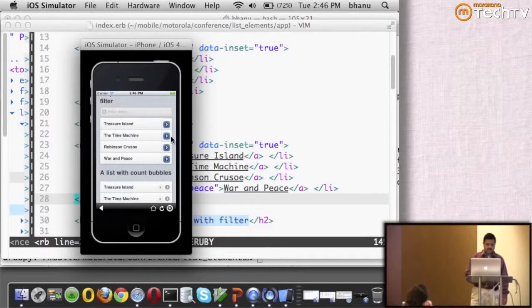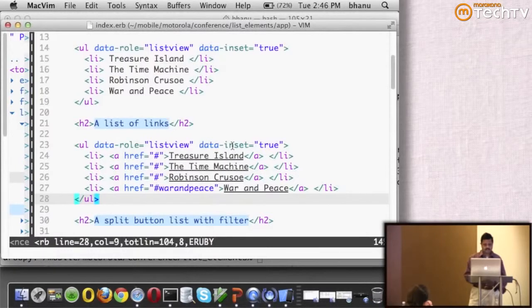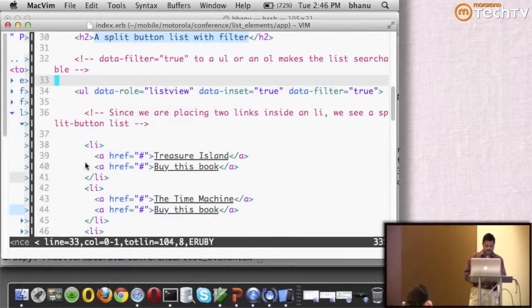And then if I have a list, but at the same time I want to do a different action. For example, if I click on the name of the book, I want to see the details of it, but if I click on this blue icon, I want to buy that book. All you have to do is give two links within a list element.